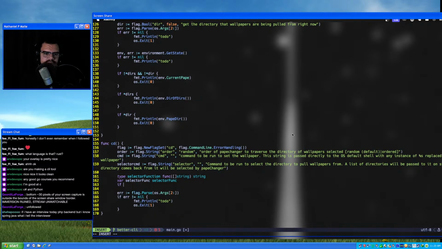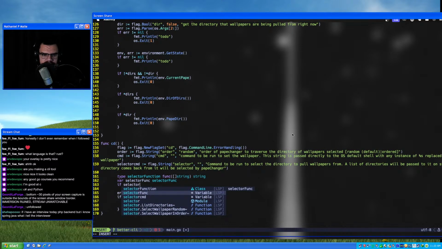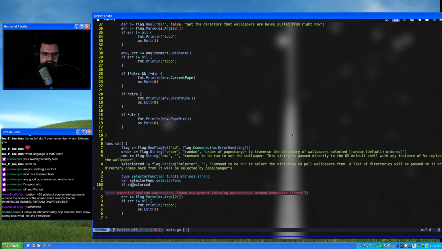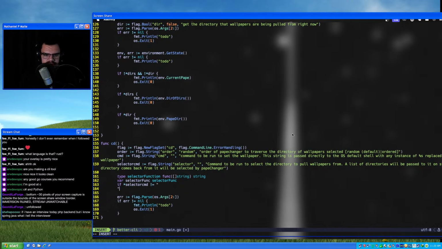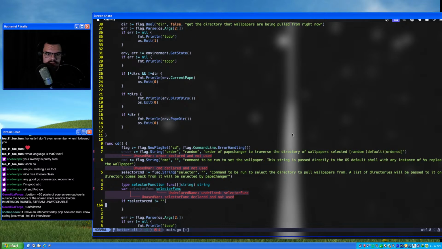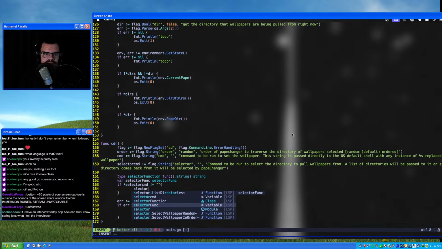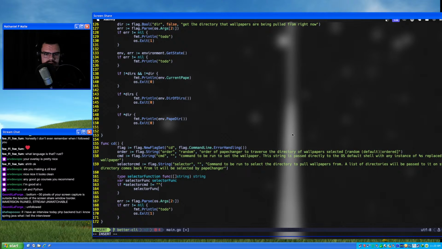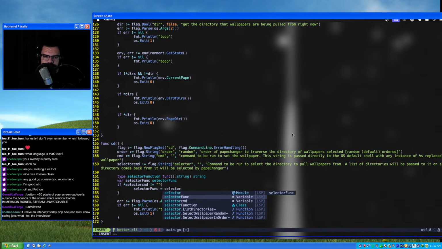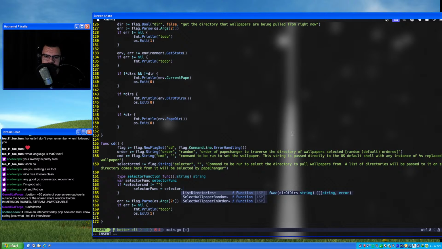So I'm going to say if selector CMD and dereference that is not equal to empty, then selector func is equal to selector dot, what do I call that?